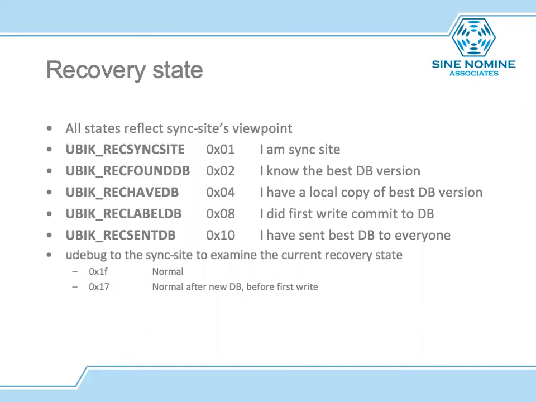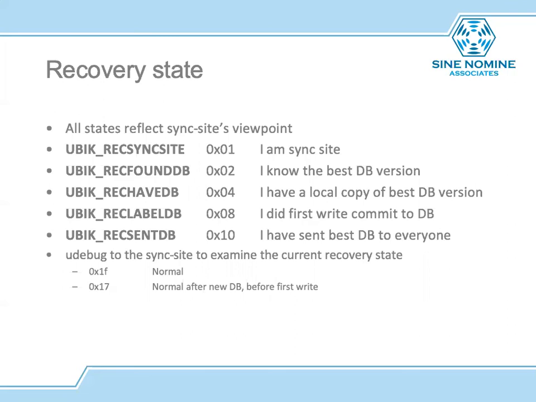But these are the meanings of the bits within that recovery state flag variable. The first one with that particular value means I'm the sync site. The second one means I've sent out those disk version commands to each of the databases, and I've gotten replies back, so now I know which one's the best version. The next one is I've got a local copy of the best version. So it can set that right away if it determines already that I've got the copy. But if it determines that somebody else has the best copy, it won't set the fourth bit, the rec_db, until that good copy has been transmitted from the other site and it has it on force.